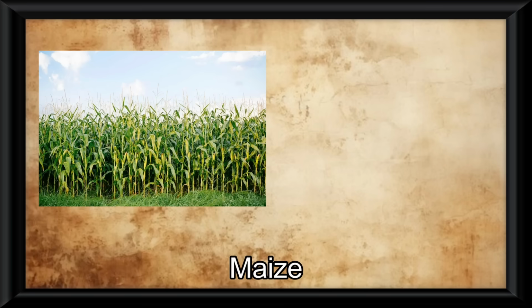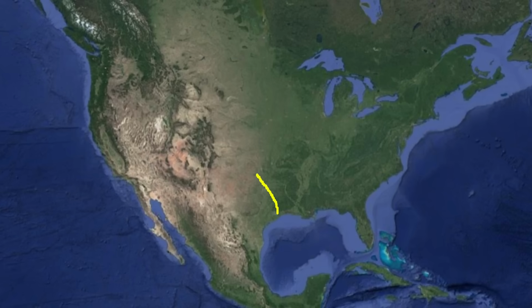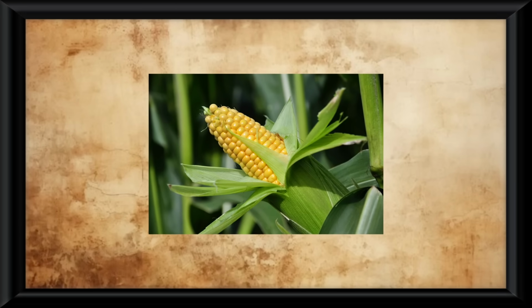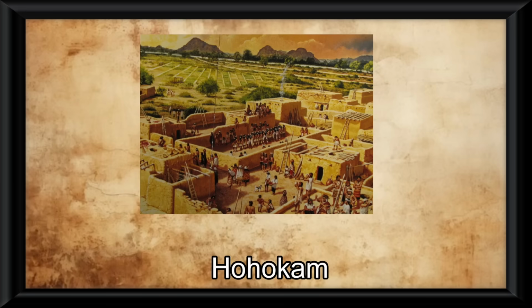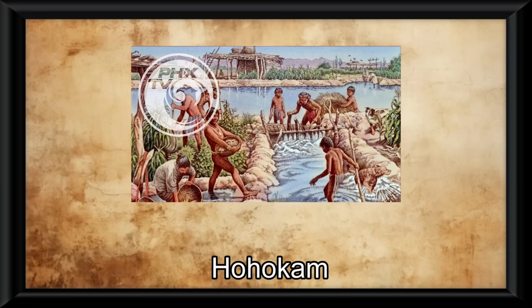The crop of maize, or corn, became a staple food of many of these native societies, especially the ones in the Southwest, as the cultivation of maize taught these societies advanced irrigation techniques and supported economic development. One of the most notable tribes thriving from this was the Hohokam, who built extensive canal systems for irrigation.